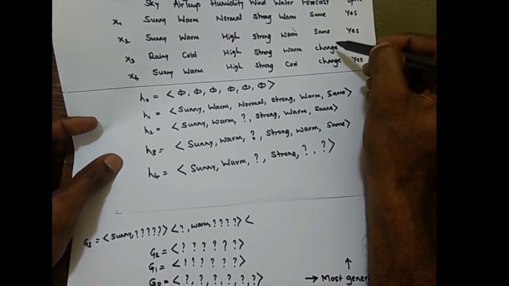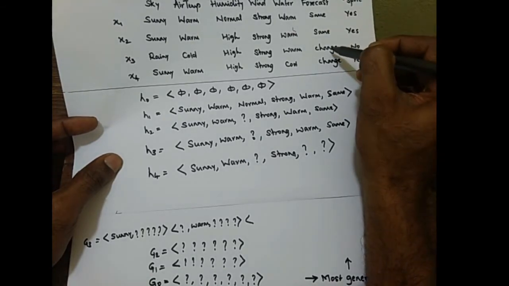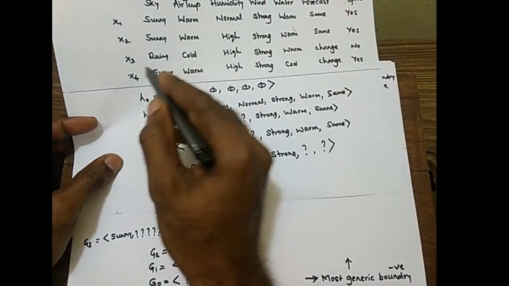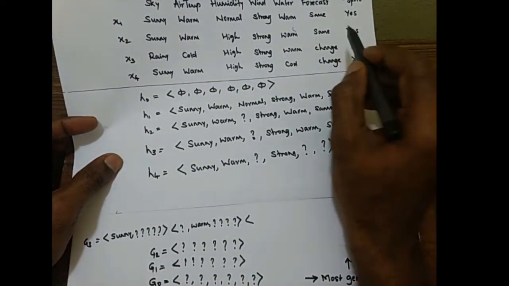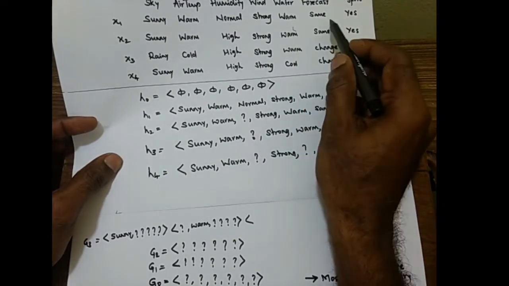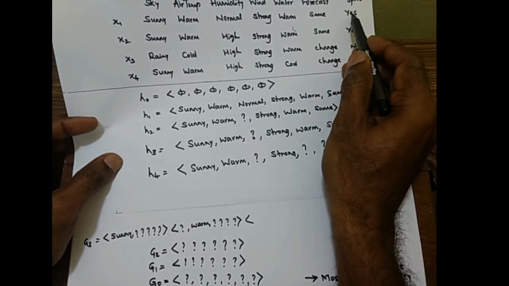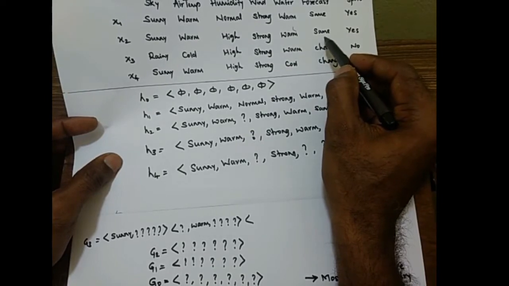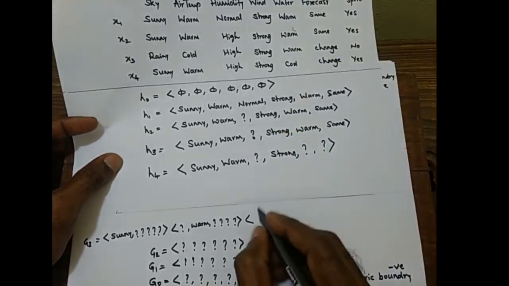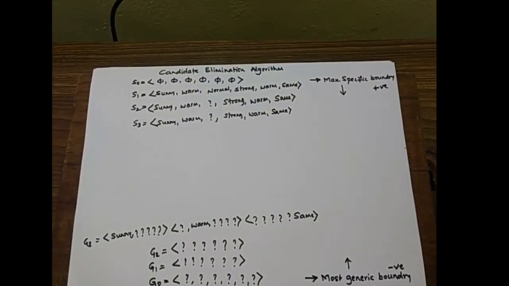The last one is change. For change we have got the opposite value, same. If we replace that one change with the same, that will show the X3 as negatively classified. That is what we want, and it won't change the earlier two training samples. This training sample, same, will show as yes, that is positive, yes it is required, and this one X2 also will show as positively classified. That is what is required. So one more option we have got is same. So third iteration is over.